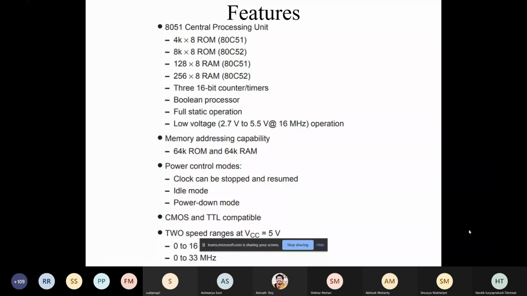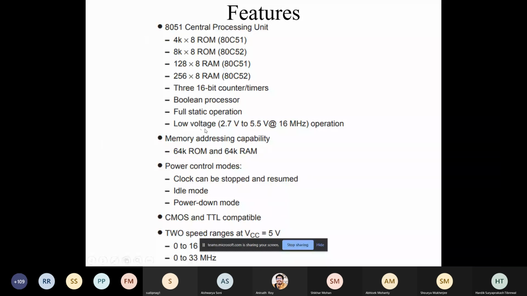So that is a static operation, the meaning of static operation. Now this static operation is different than the static power and dynamic power, obviously. We can explain that later also, how static and dynamic power consumption are associated with any microcontrollers. But here the static operation means if you keep on running it without interrupting power, it will behave in the same way uniformly. So that's what they mean by static operation.